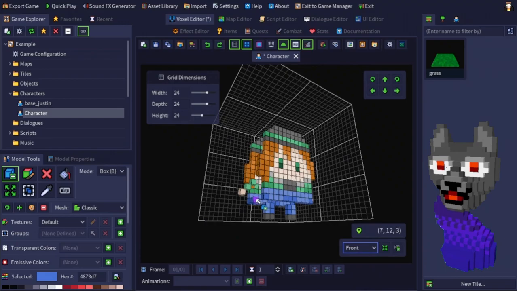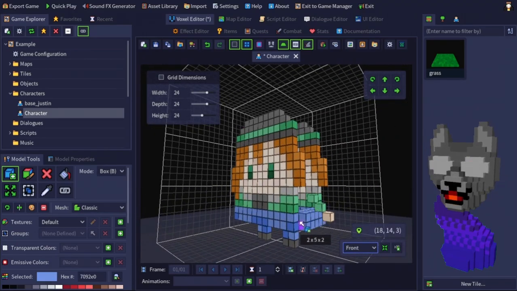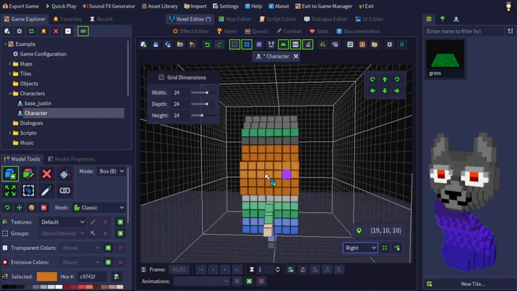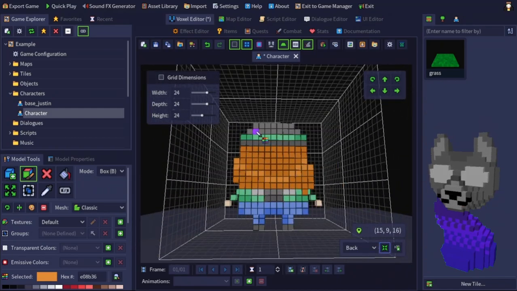I will then use the Place Voxels tool and the Paint Voxels tool to fill up the empty space by placing voxels of the same color in a straight line, and then I will paint details on the back view of the character using the Paint Voxels tool, so that it's not a mirror image of the front view.